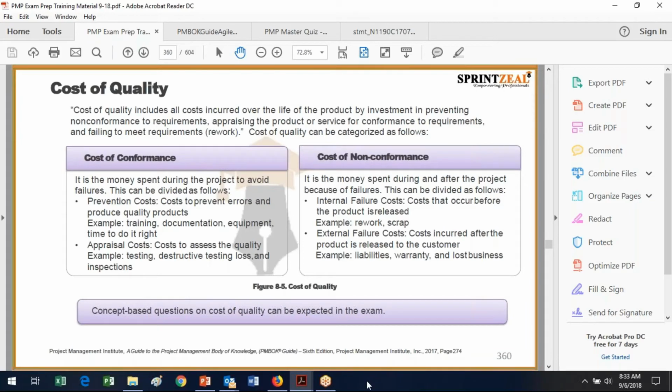So the cost of quality, when you think about it, is actually a cost. So it breaks down into two basic components. One is the cost of conformance, which are the prevention costs to prevent errors and to produce good products. So you want to have, like in your case, good training for your employees. You want to document things so you know what you did, so you can do the good things over again and not do the bad things, hence the lessons learned. You want to have good equipment, say sharp scissors if you're cutting things, because dull scissors are just a bad thing. And you want to have adequate time to do it right.